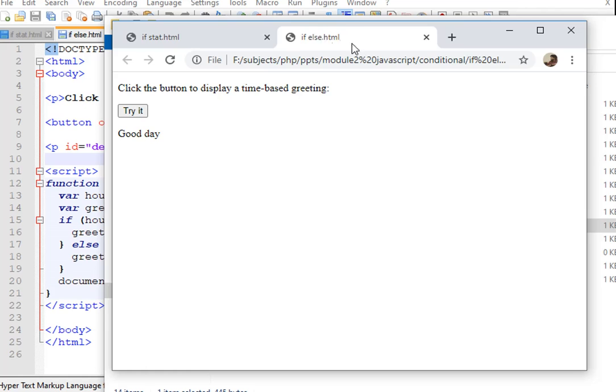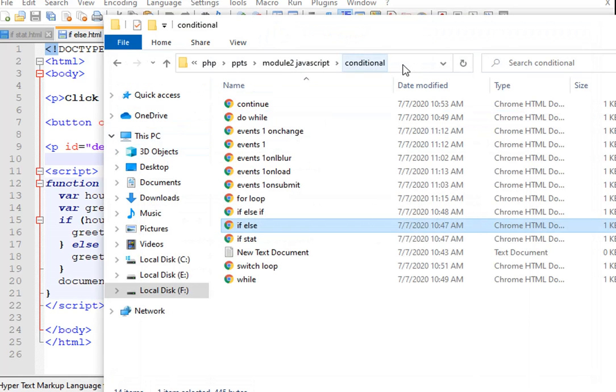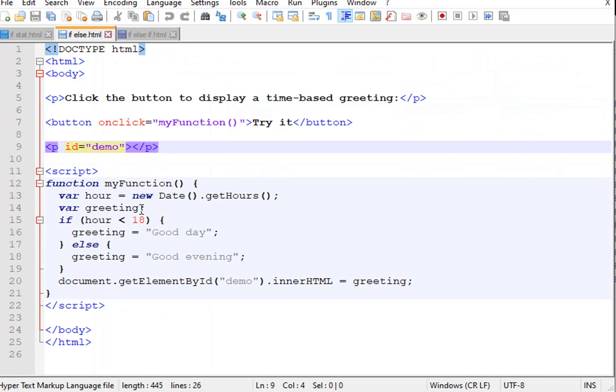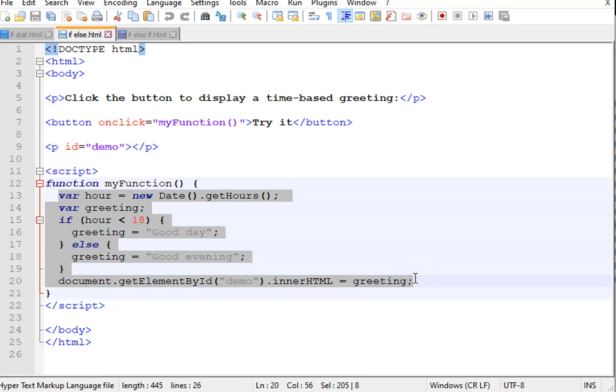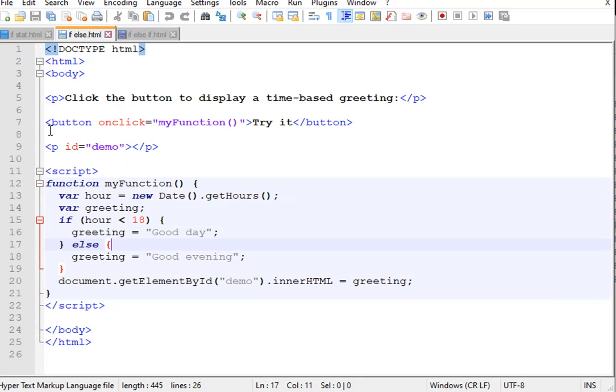Here we put a button to click. From this button we are accessing this function. Inside the function we have return everything. So this button is for when clicking you can go to the function here. So this is about the if else statement.